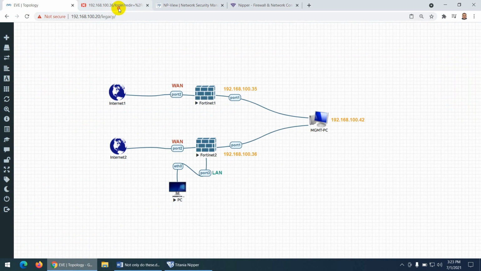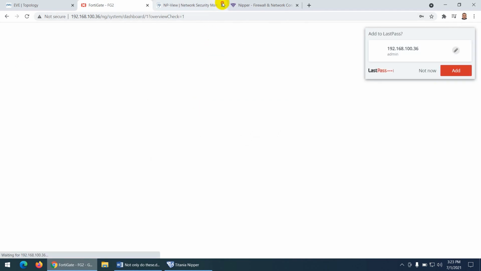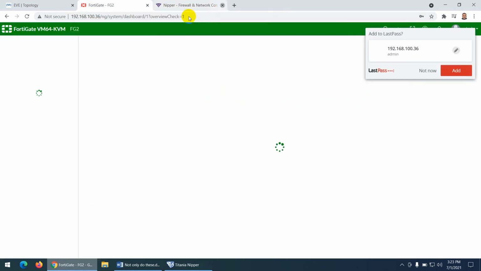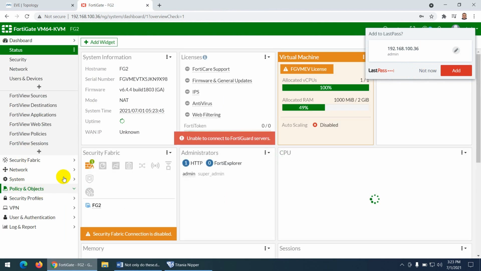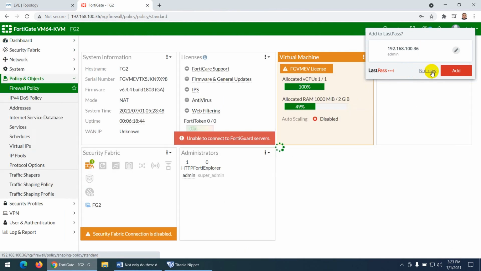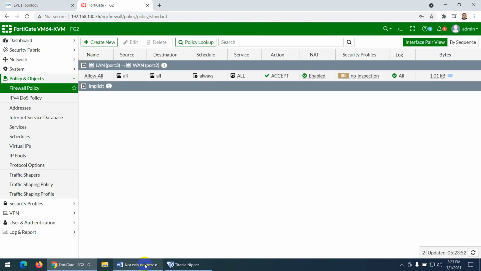And if we go to this firewall and log in, yes, there is a rule. Normally you need to create a rule to be more specific for specific ports, specific services. If I go to the first vulnerability they found, they say if we go to firewall policy, there is an any rule, and yes, there is an any rule.